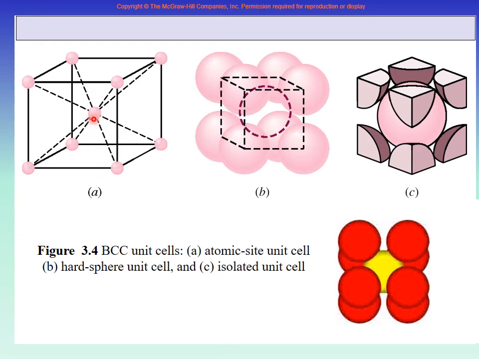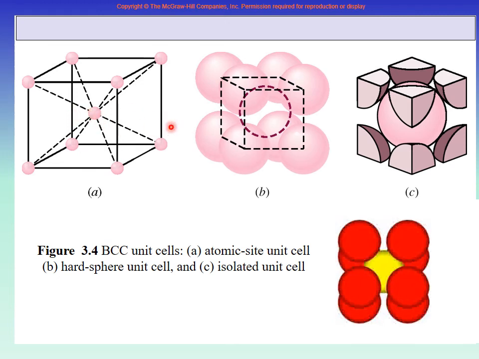So if I remove this center one, then in a simple cubic, all 8 will be touching each other. So that is where you start thinking. But now we have forced one atom in the middle. Okay, so we had all 4 at the top, all 4 at the bottom. This is touching that one, this is touching this one, this is touching this one, they are all touching. But now we are forcing this one, this dashed one in the middle. So it is larger than the space left. After they all touch each other, there is some small space left in the middle.